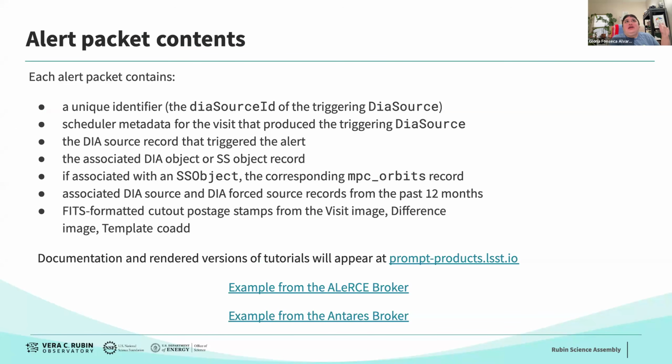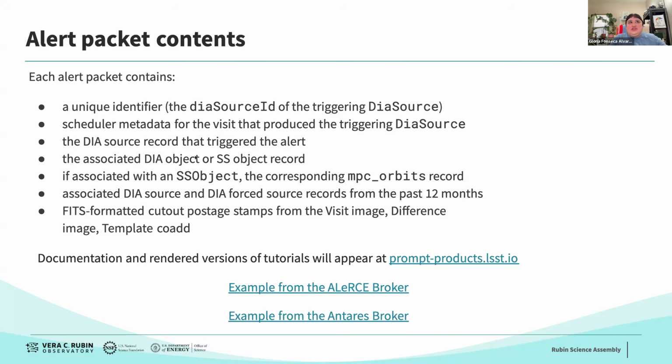This is just showing what you might expect from an alert packet. And I'll show you the packet as well, so maybe it'll make more sense. You'll get a unique identifier, and this is based on the DIA source ID of whatever DIA source triggered the alert. You'll get some scheduler metadata, and then also the DIA source record that triggered this alert,